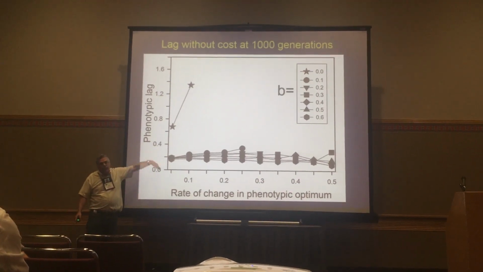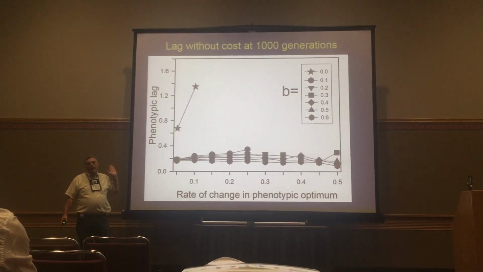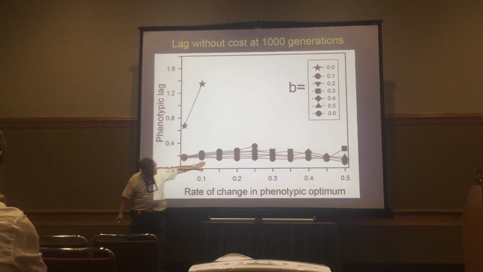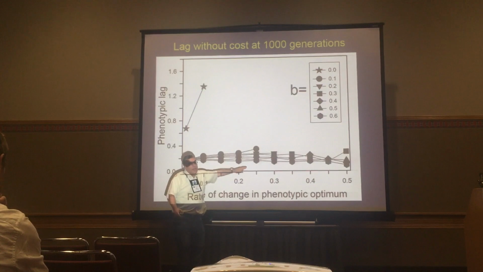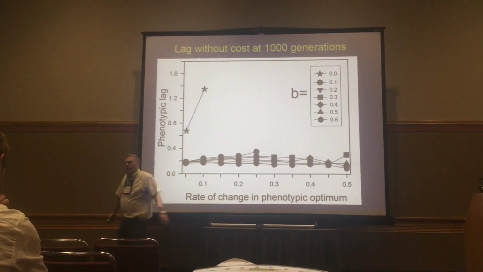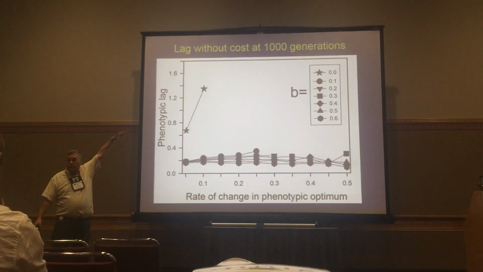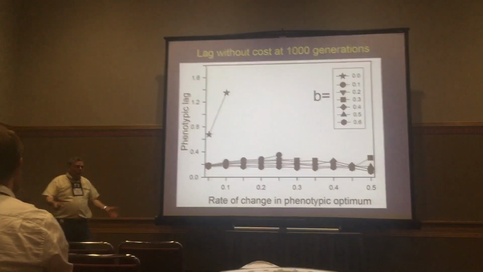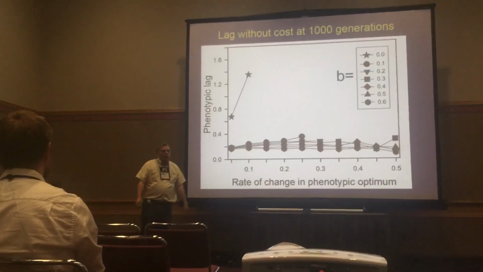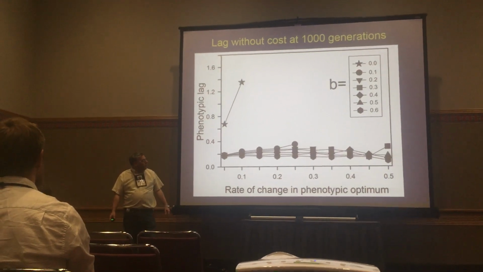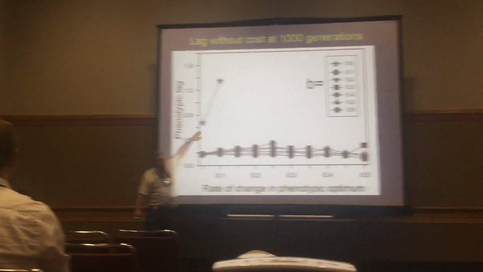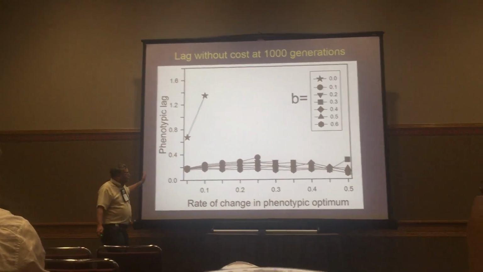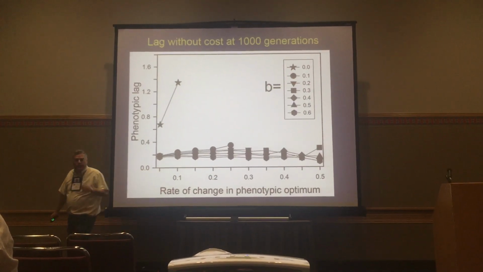This is in standard deviation units, how far behind the optimum the population is tracking that optimum. And with plasticity, you're not quite at the optimum the whole time, but you're pretty close. And it doesn't really matter how fast the population is evolving, which makes sense, right? Because we're at almost relative plasticity of 1. So at that point, the populations are keeping up with this change because of plasticity, and as you can see, with no plasticity there's lots of lag, and then you just go extinct. So these are for the populations that survive that 1,000 generations.